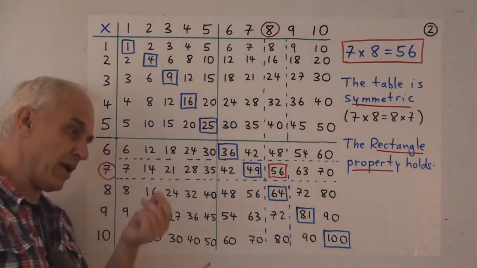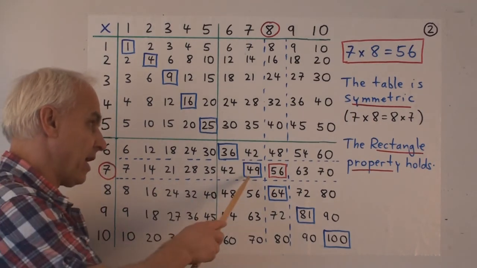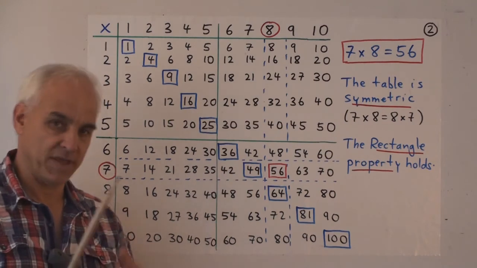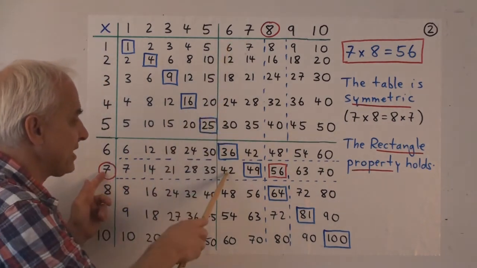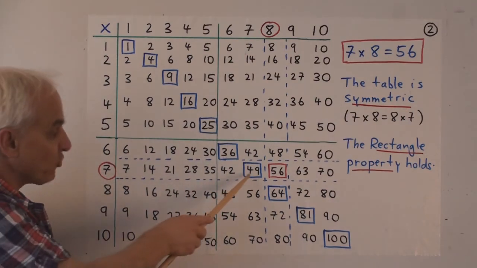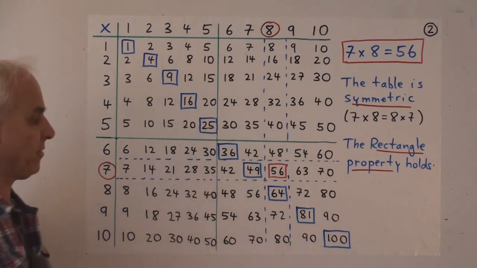So then they can say, all right, well, I know that 7 times 7 is 49. If I add 7 to that, then I'm going to get 56. Hopefully they can make that calculation. Or maybe if they want to know what 7 times 6 is, well, then they could possibly subtract 7 from 49 to get 42.